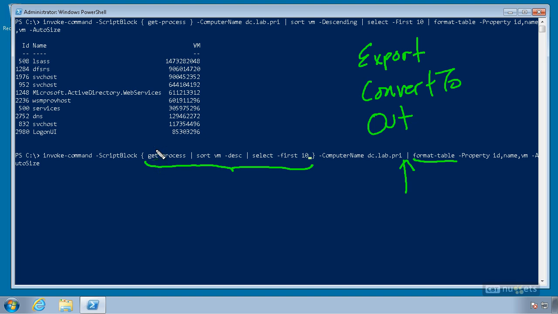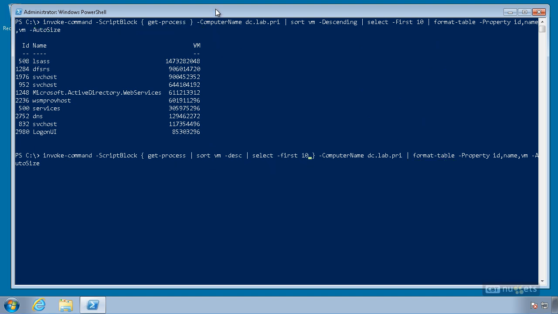I like to get as much done on the remote machine as possible so that I don't have to actually try and use any functionality of what comes back, because there won't be any. By the time I'm ready to format or export or convert to or out, I don't care about methods. I'm just worried about properties. What information do I actually want to display or convert or export or put into a file or whatever else? So by doing as much of the processing on the remote computer,